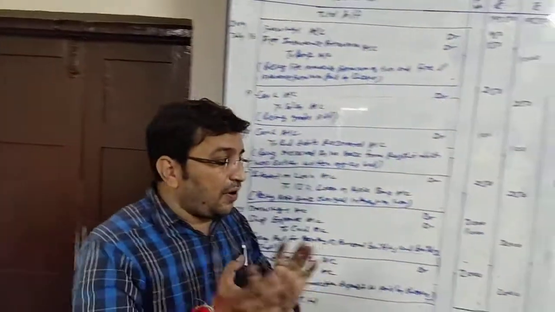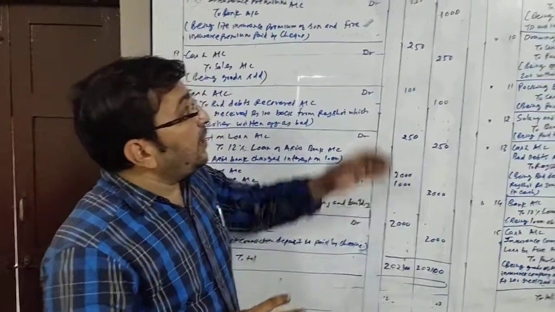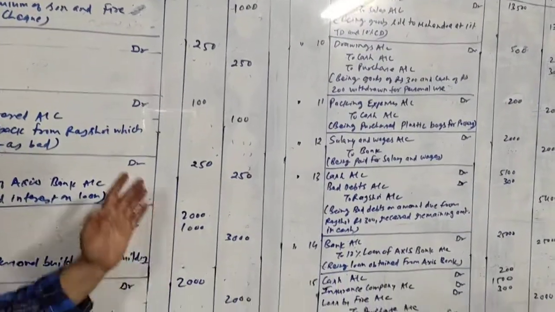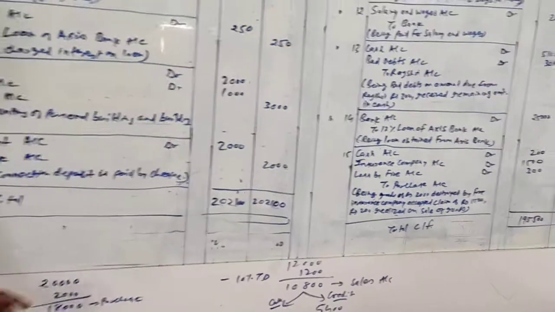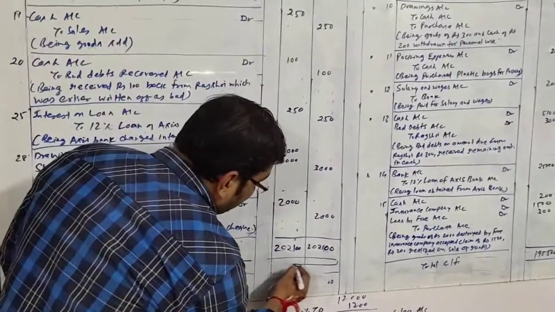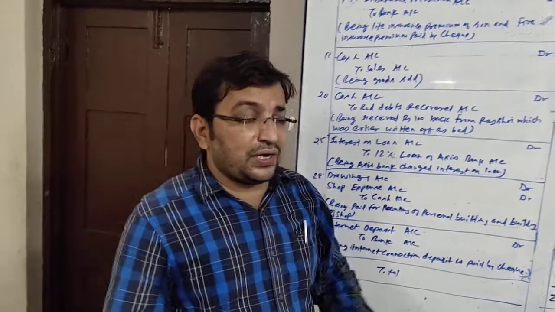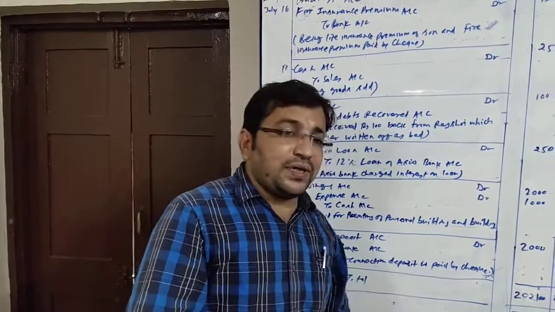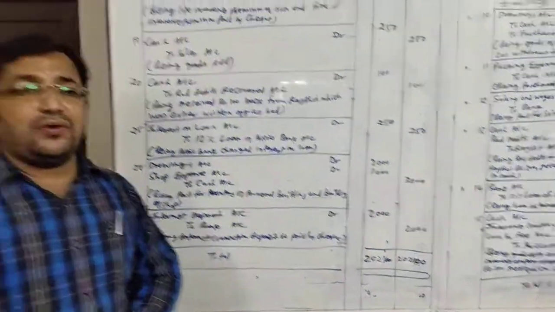So this was all about sum number 13. Now we will make a total of it. Earlier the total was 1,95,500. After recording the remaining transactions, the total comes to 2,02,100. And a very important thing: when your sum is over, you have to draw two lines below the total. When your sum is incomplete, that is, you are carry forwarding the total, a single line is drawn, but after completion of the sum, a double line is drawn, and in the particulars column we write total.